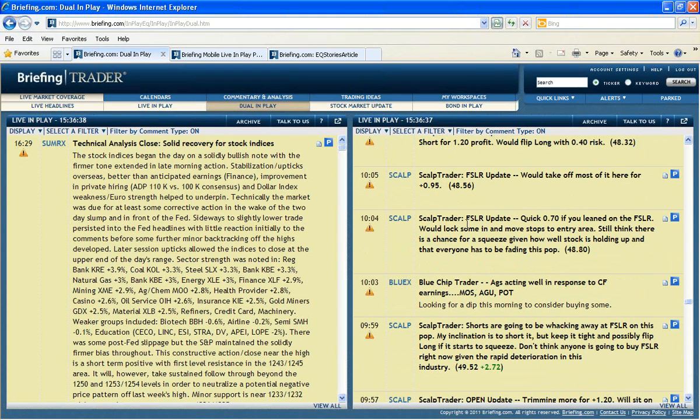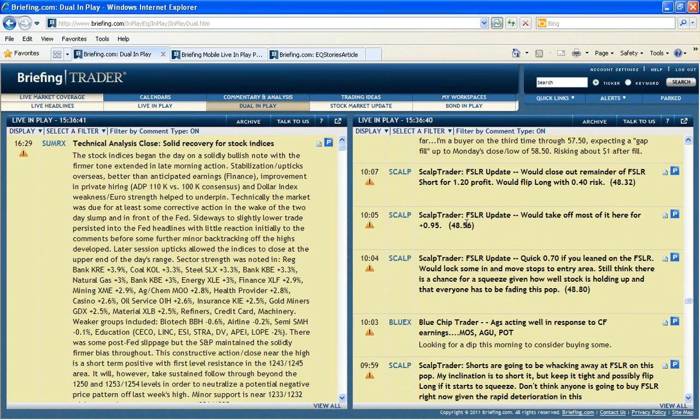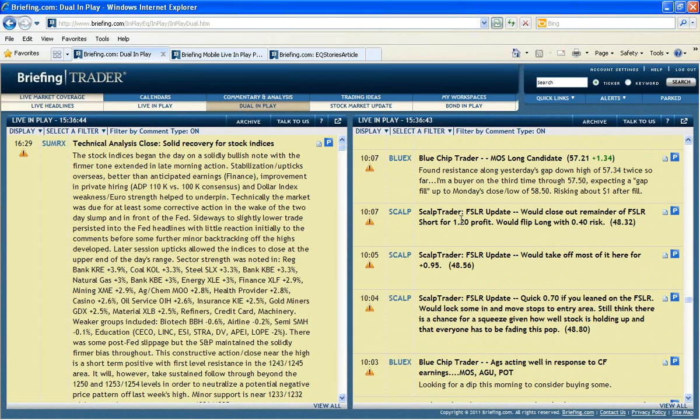So in suggesting going short First Solar, we see that I'm telling people to lock in profits on the way down. And at 10:07, the idea was to close out the remainder of the First Solar short and then flip long, which plays into the exact scenario that I was discussing, and that the stock should pull back because shorts would quickly realize that First Solar isn't going to get acquired, and this is a meaty opportunity to fade